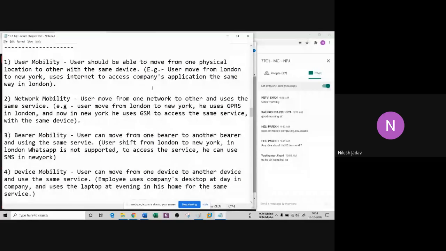If I give you an example here: if in India you are using WhatsApp with some network, it is okay. But now you are shifting to New York, and New York says that you cannot use WhatsApp here. But still, the aim is messaging, right? You want to connect to some other person. So instead of WhatsApp, you can use SMS. Okay, so I can still connect to my people with this kind of messaging service. WhatsApp is also a kind of messaging service. SMS is also a kind of messaging service. So if one service has been restricted in some location, I can use an alternative one. So bearer is this.